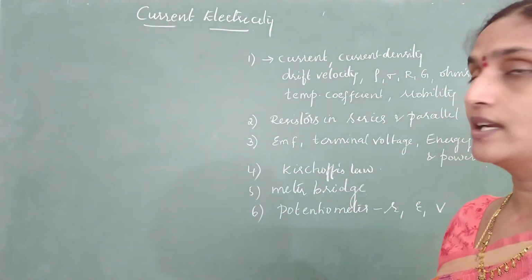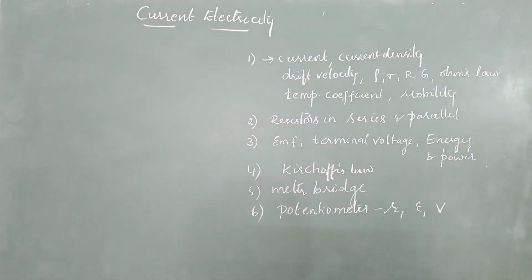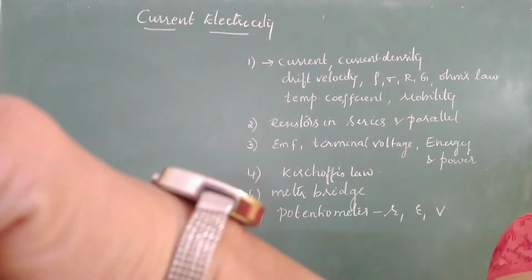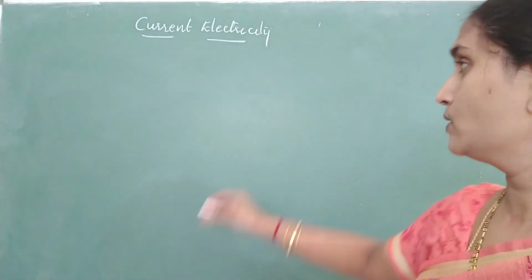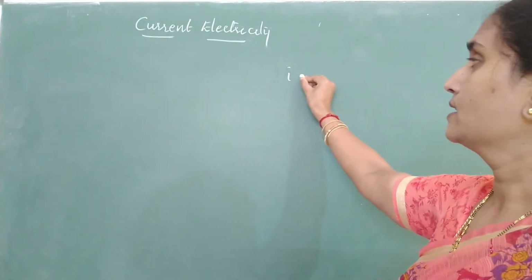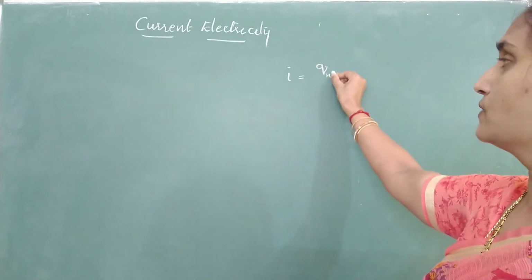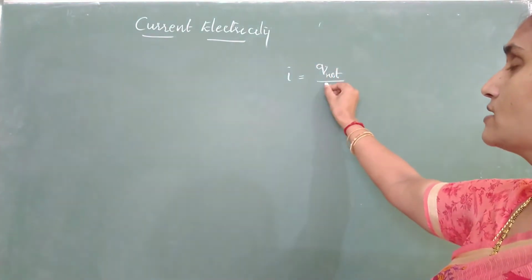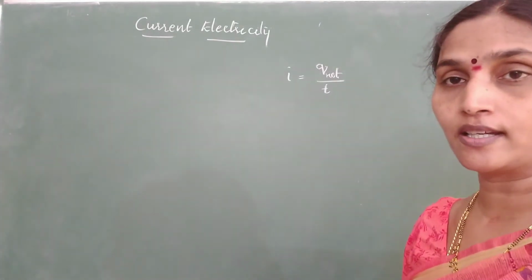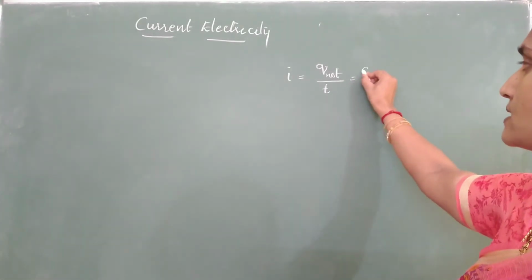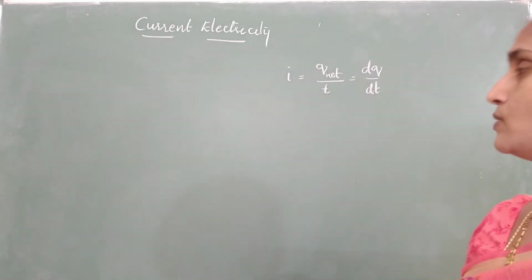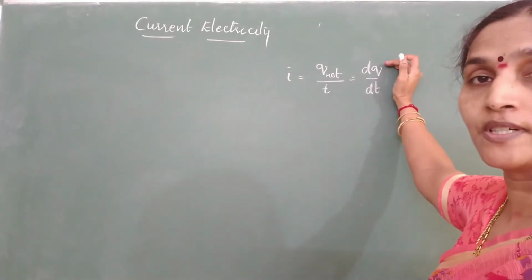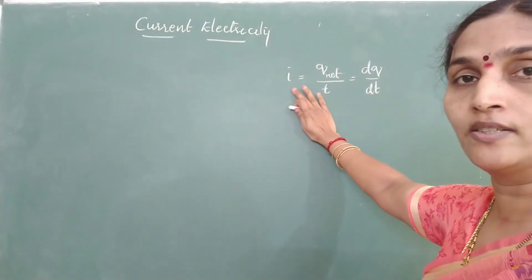So today first let me start with the first part, that is various terms and their definitions. Now starting with questions related to evaluating the electric current. We know how we defined electric current. It is the amount of charge transferred across the cross section of the conductor per unit time, or you can also write it as dq divided by dt. So if they give you the amount of charge transferred and the time, you can directly evaluate the current.